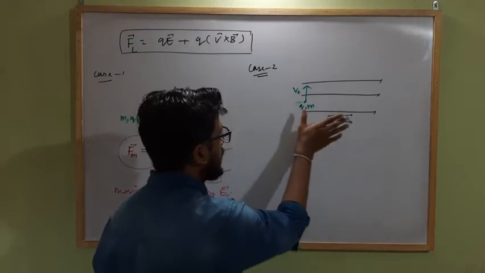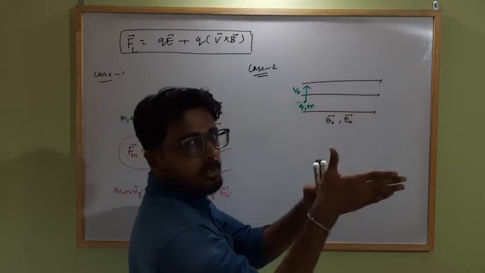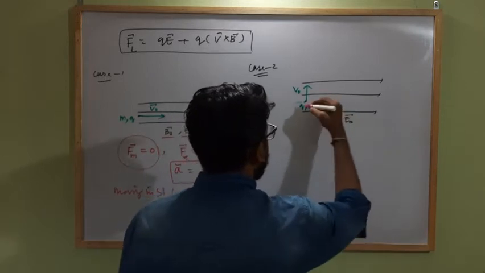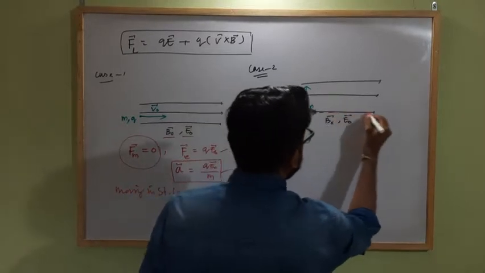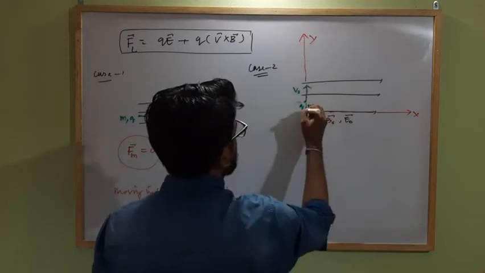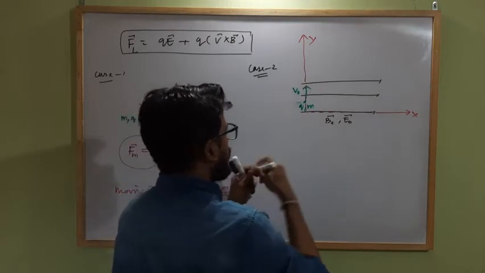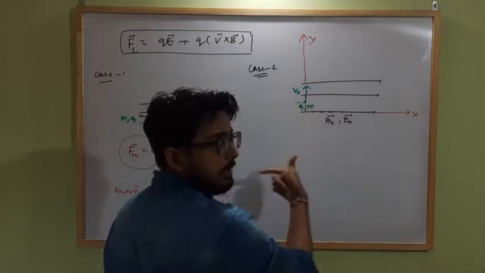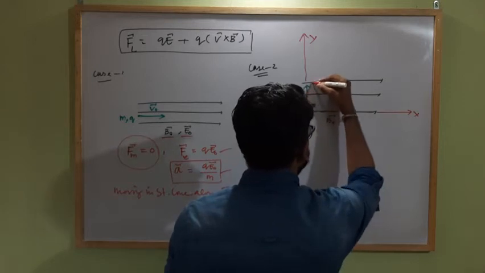What is the direction of the magnetic force? As in this case the direction of velocity is upward and the direction of magnetic field is towards the right, the palm will show the direction of magnetic force, that is inward. That's why the charged particle will start rotating. If this is taken as x and the velocity direction is taken as y, then this axis will be z and the force will be along the minus z axis. So the particle will start rotating in the y-minus z plane. Clear? So the particle will start rotating along this direction like this.